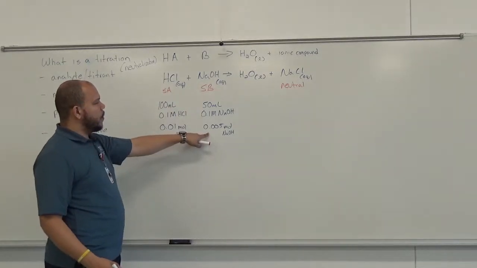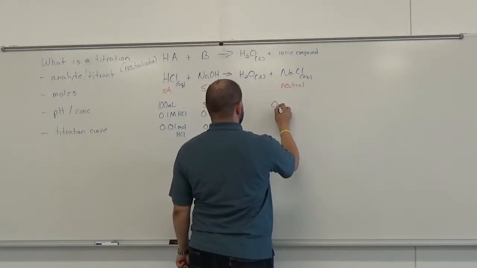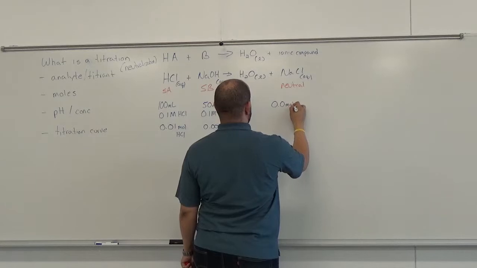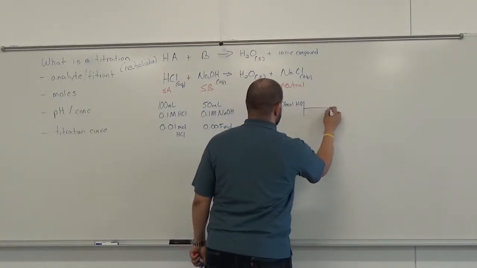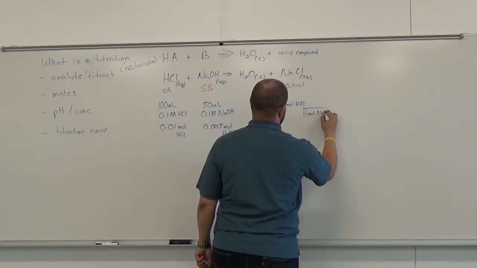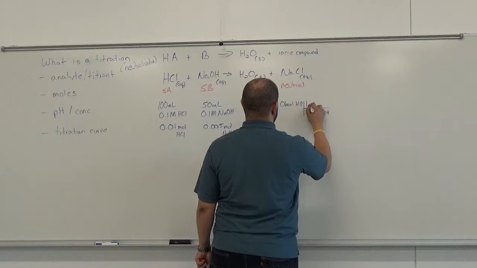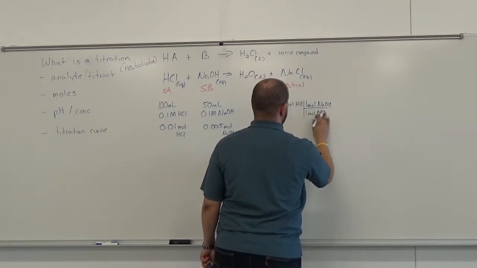So from a stoichiometric standpoint, if we take 0.01 moles of HCl, there's 1 mole of NaOH for every 1 mole of HCl,